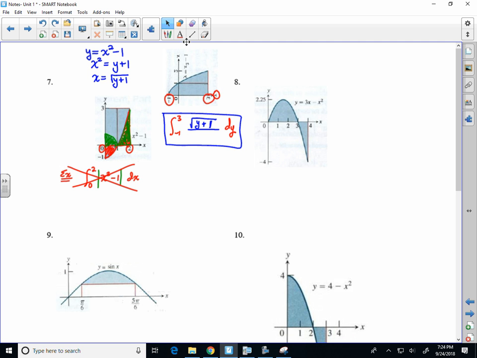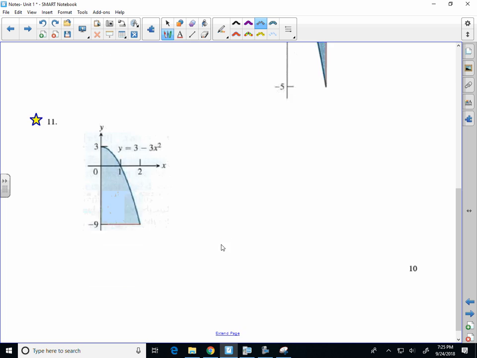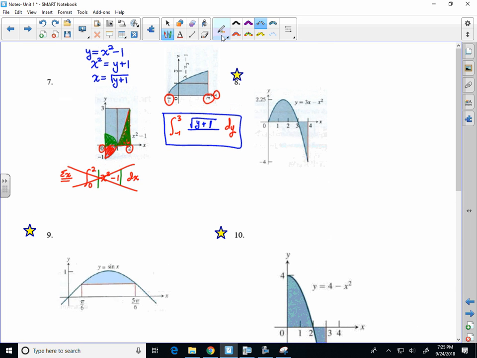All right, so I'm going to put stars on everything else on this page. Meh, meh, meh, and meh. And what I'll say is that if you have really